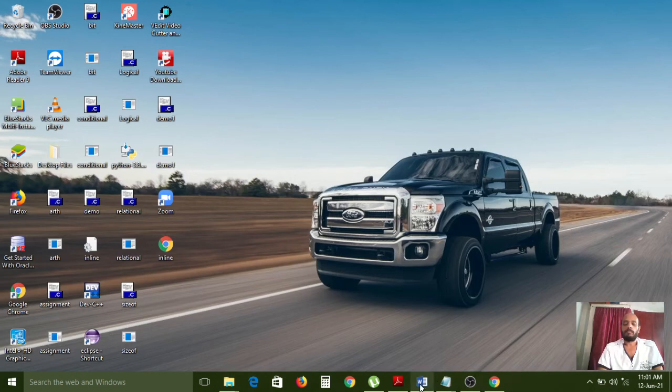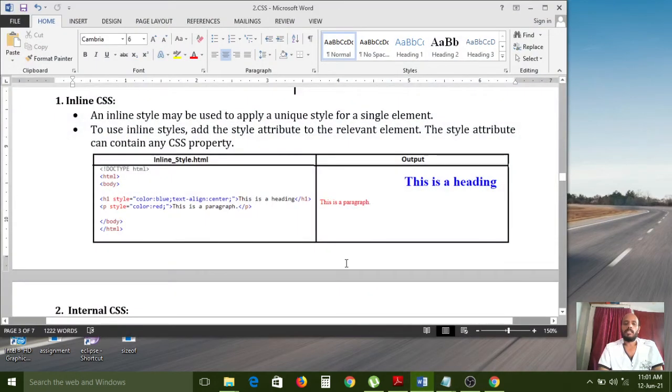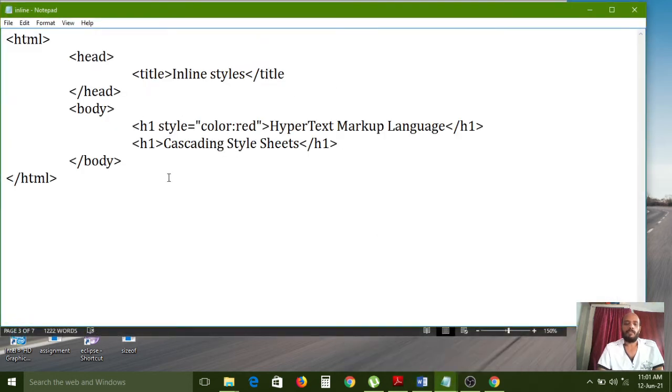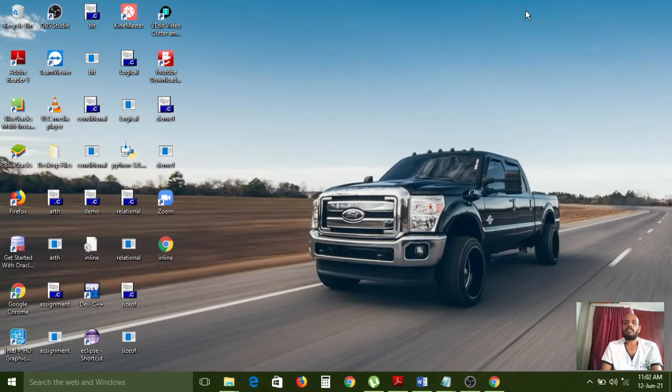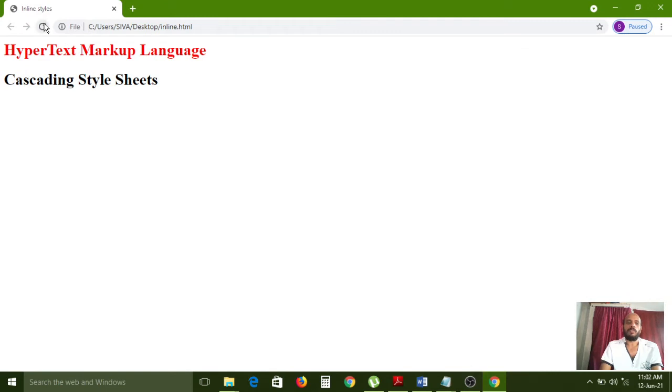Now I want to explain the second one. Here I gave one example, you better practice. If you want to apply other styles also, carefully observe the style attribute applied in the first h1. Now I want to apply here also, no problem. But if you use the style attribute, whatever properties you have defined are used for that particular line only. So that's why it is called inline. It is applying styles for only a single line.